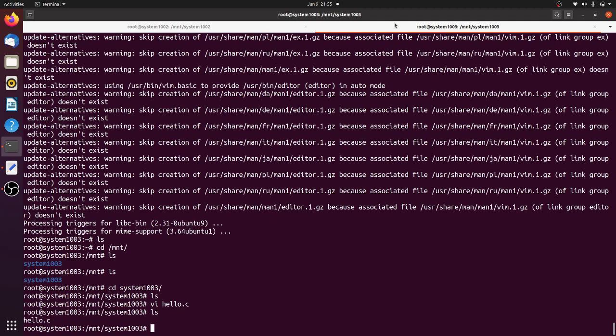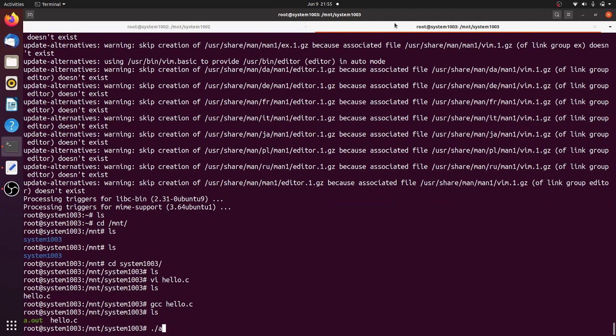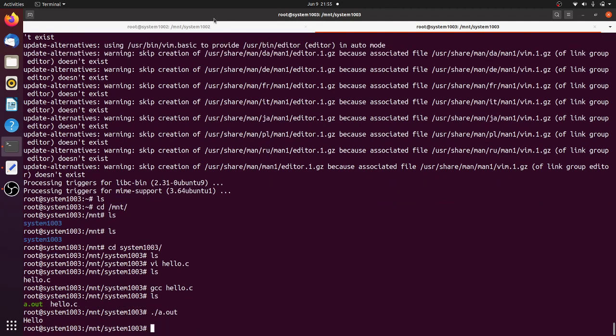Okay, so this is a simple program. So to compile I have GCC, I have installed it. I will say gcc hello and I can run the output here. You can see the output.